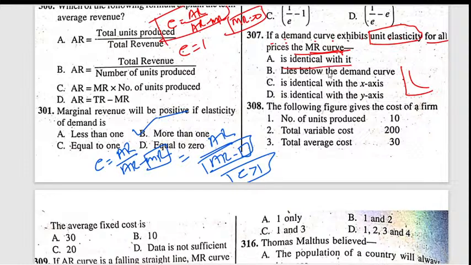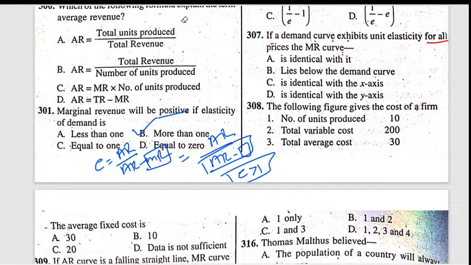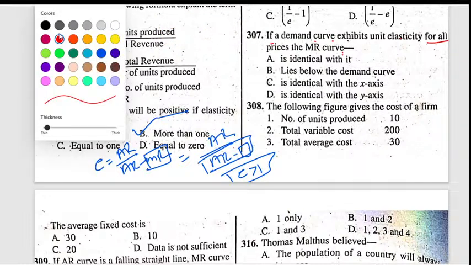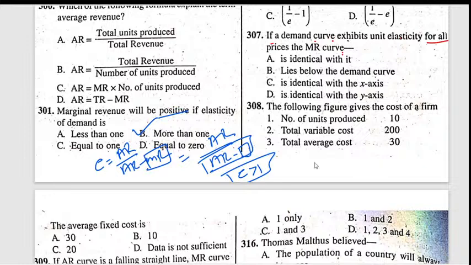lies below the demand curve, is identical with x axis, is identical with y axis. Question is good. So what the question is saying: I am taking the green color here. So here it is talking about if a demand curve exhibits unit elasticity, means for the value of all prices,